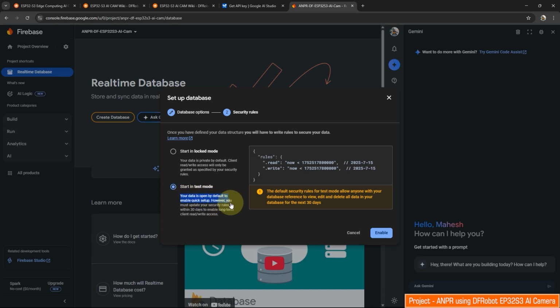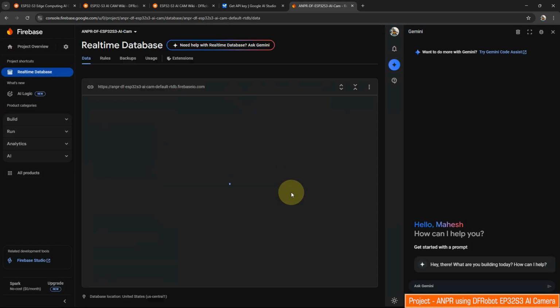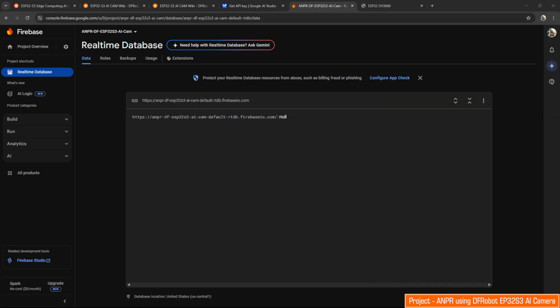So just select start in test mode and enable it. Alright, so here is the URL. Now once you get this URL of real-time database, copy this URL,